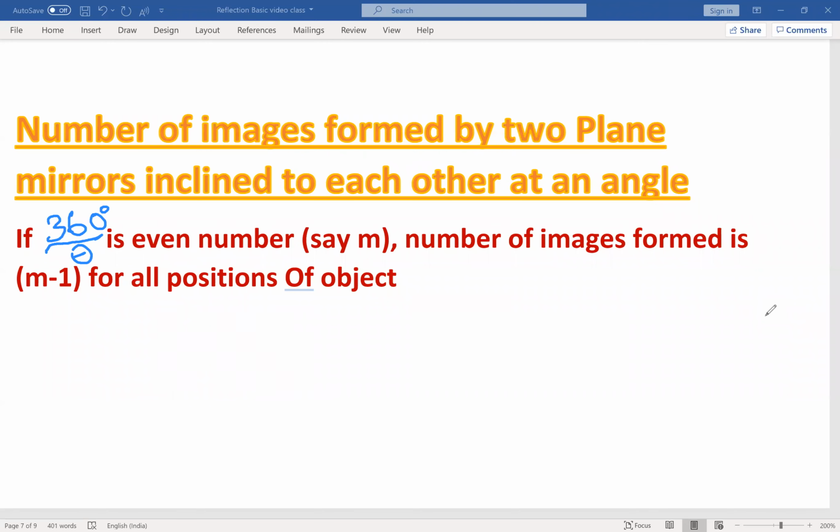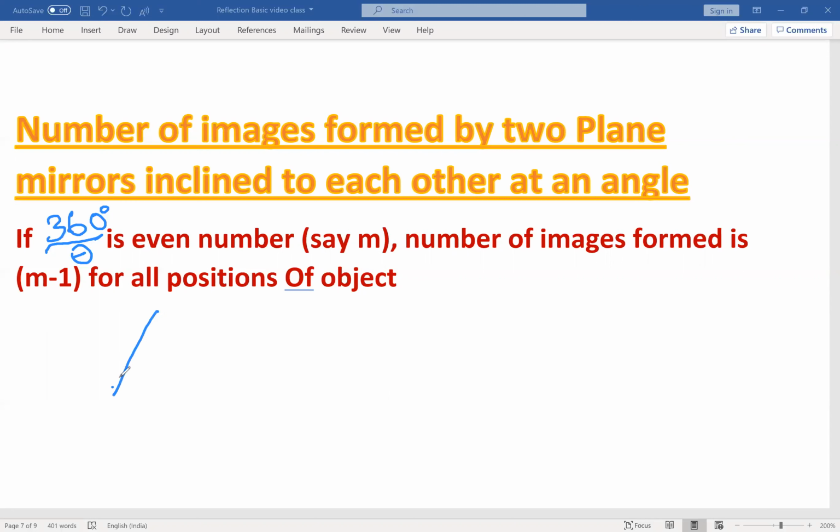For all the cases, let us imagine the angle of inclination is theta. In the first case, if 360 by theta is an even number, let us call 360 by theta as m. Then m minus 1 will be the number of images, and the object can be placed at any point in between the inclined plane mirrors. For example, see, this is the case,